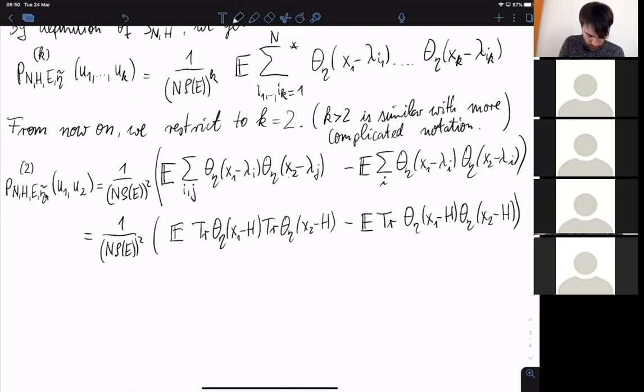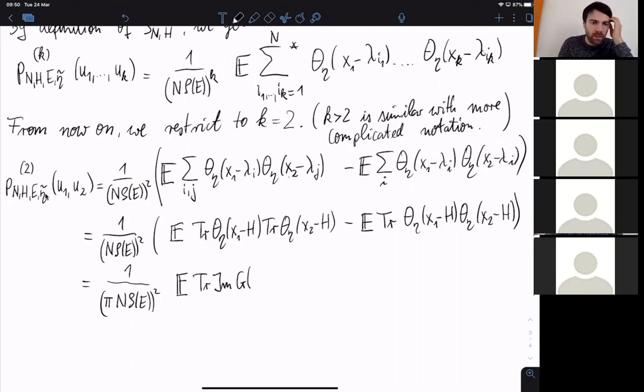So it looks as follows: we now get an additional factor pi and eta squared